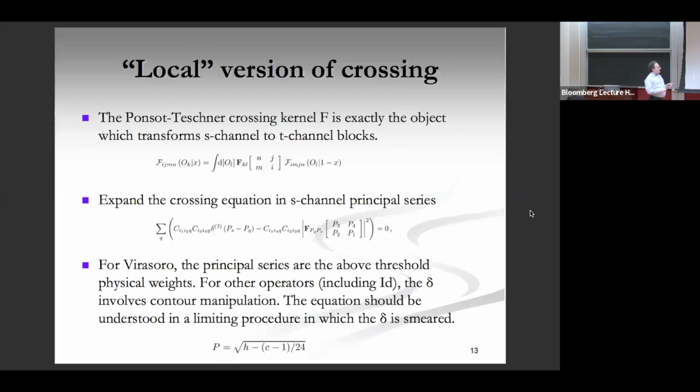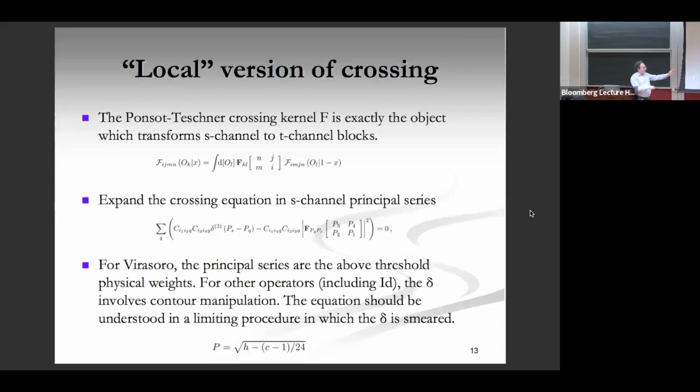So in that case, this delta function is an off-contour delta function. What it really means is something that we have to understand as a distribution that makes sense when integrated against functions of P that have the analyticity properties of the blocks as functions of P, which are much more constraining than smooth functions of P. So it's a little bit like an analytic function, and then of course the delta function off the real line makes sense. That's actually not going to matter.